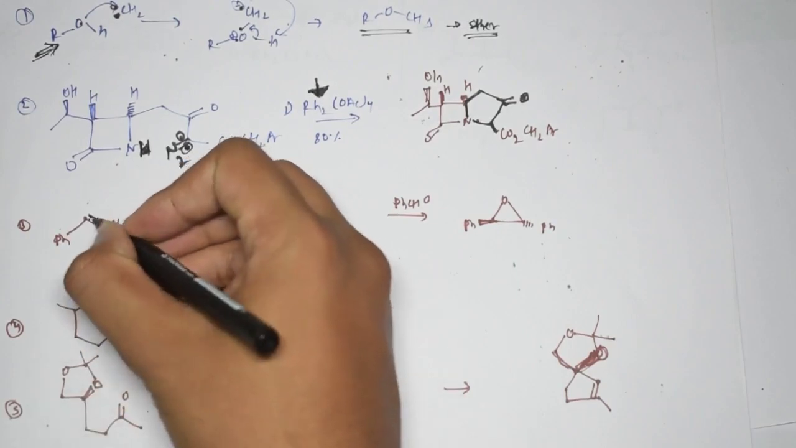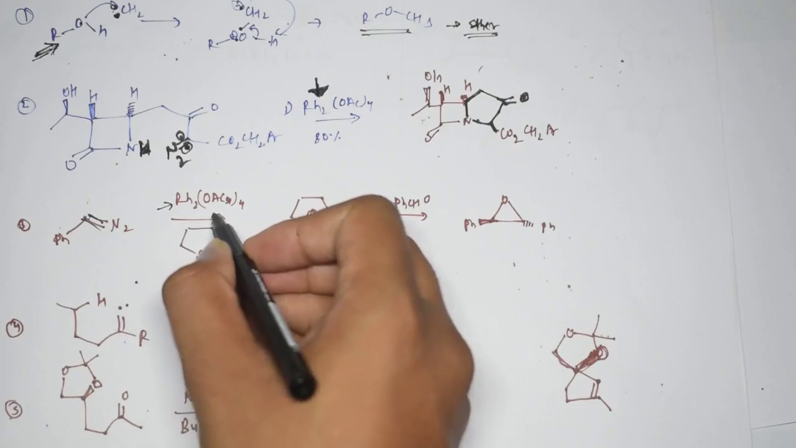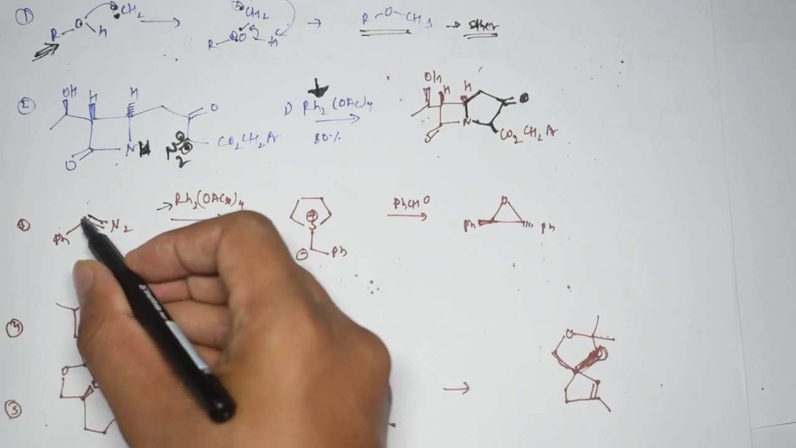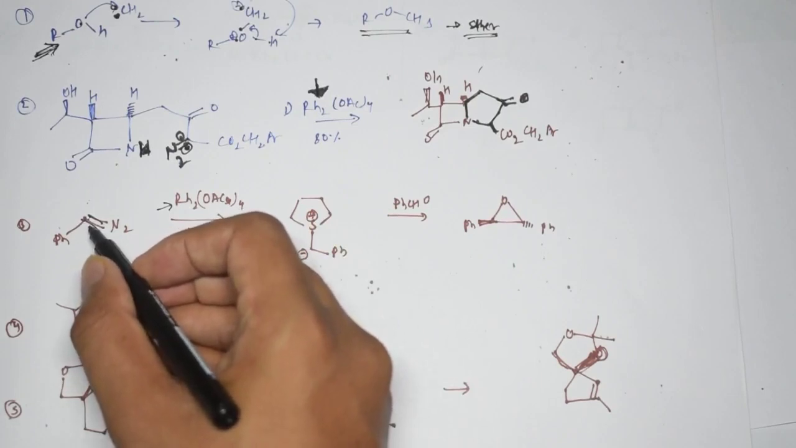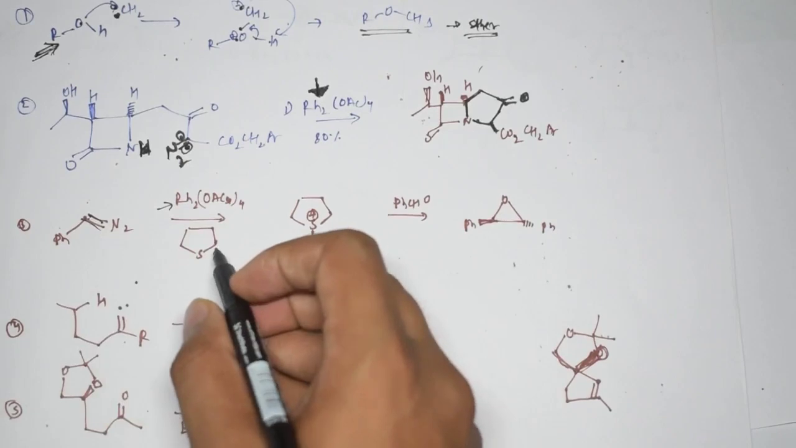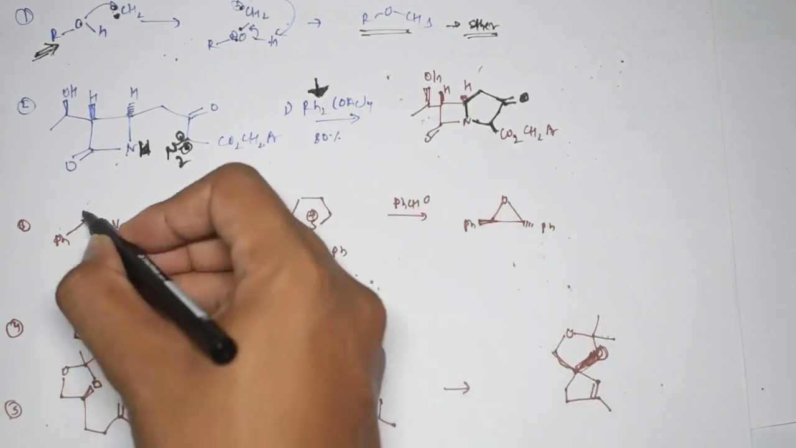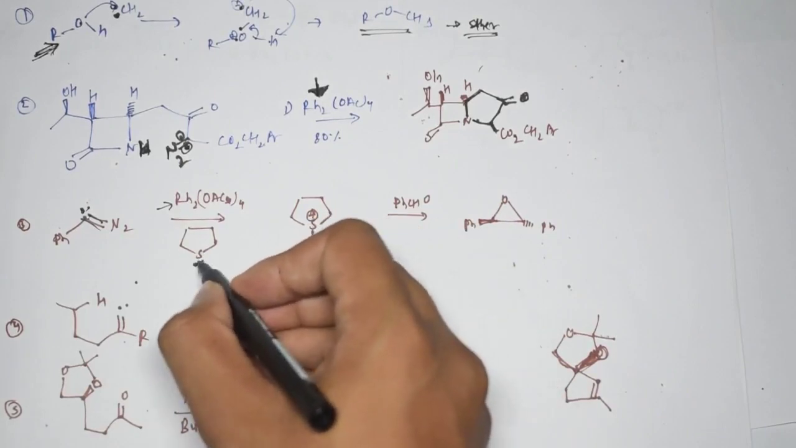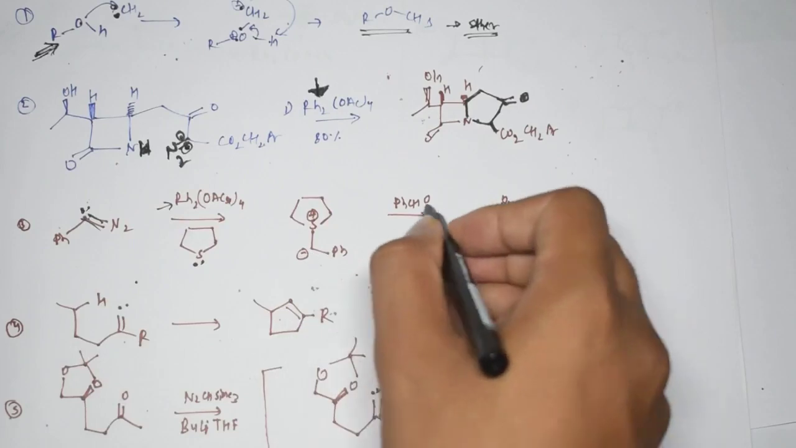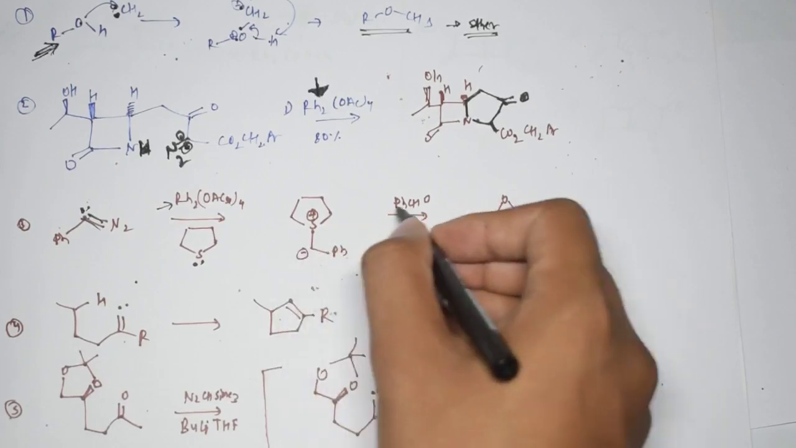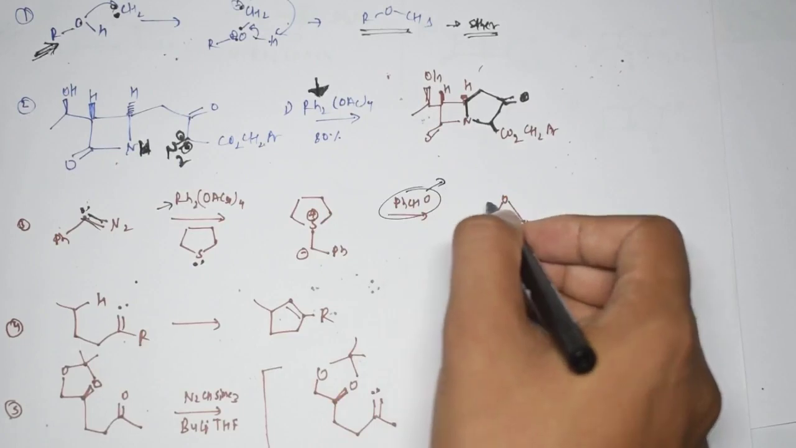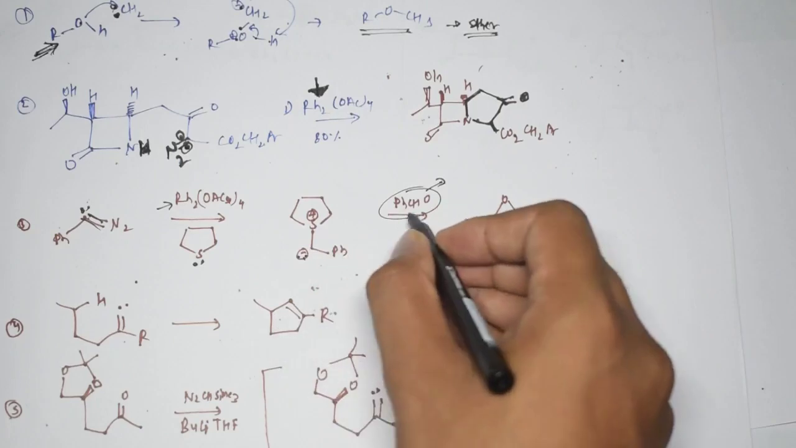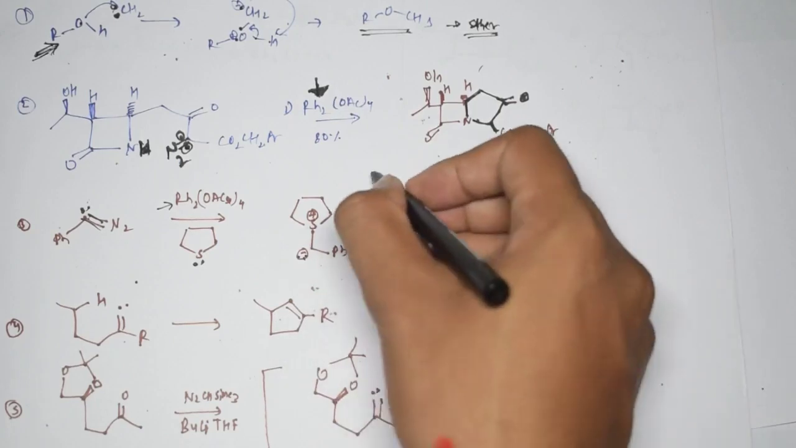So we have this one, and after this we will have Rh2(OAc)4 like this, right? And after this, the carbene will be formed at this position. After this we have this sulfur, and this sulfur will donate its electron and the negative charge will come. If I treat it with benzaldehyde, the product formed will be something like this, with the negative charge which you can see over here